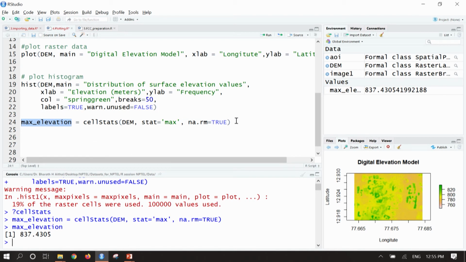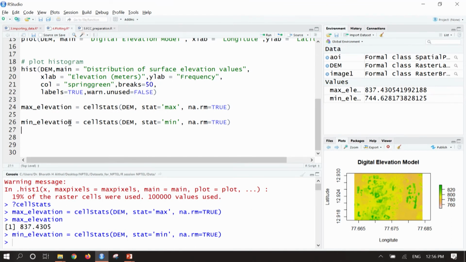Let us also see what is the minimum value as well. I'll copy the entire command and paste it into the next line, and instead of max I'll say min, minimum, and instead of maximum elevation it will be minimum elevation, and then run it.